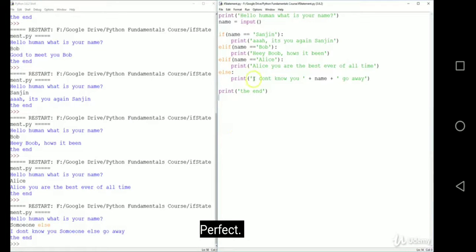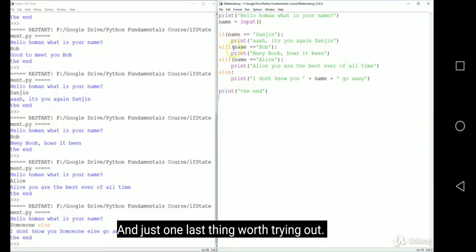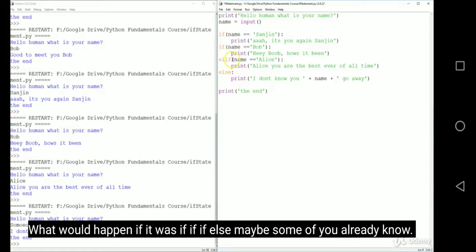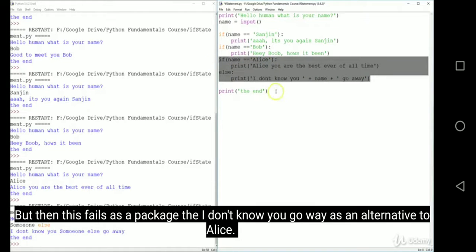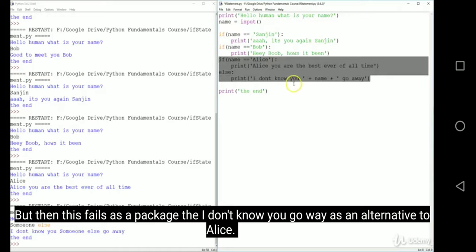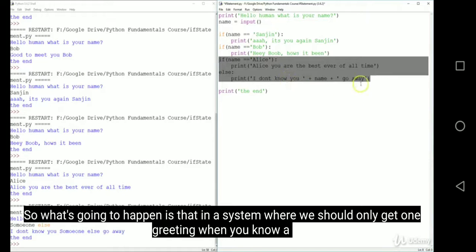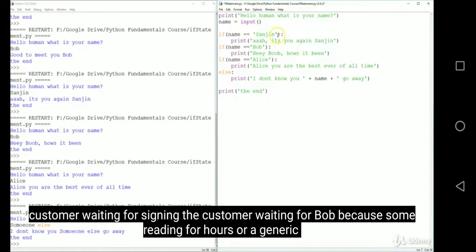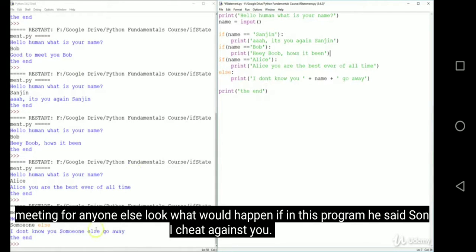Good, good, perfect. And just one last thing, worth trying out. What would happen if it was if, else? Maybe some of you already know, but then this if-else is a package. The I don't know you, go away is an alternative to Alice. So what's going to happen is that in a system where we should only get one greeting, a custom greeting for Sanyin, a custom greeting for Bob, a custom greeting for Alice, or a generic greeting for anyone else,